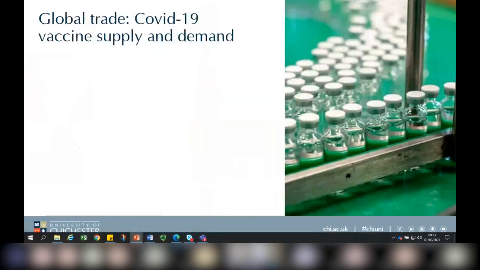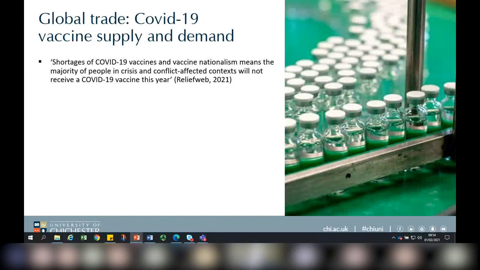Okay, so at the moment we've got a bit of an issue in terms of global trade. We've got the issue with vaccine supply and demand. At the moment we've got more demand than we can supply, and that's not just in terms of the AstraZeneca, but also the Pfizer one. Over the last couple of weeks, we've had fears of a return to vaccine nationalism, meaning people are becoming a lot more protective about supplies. And last week we had the issue with the EU threatening to stop the manufacturing plant in Belgium exporting to the UK.